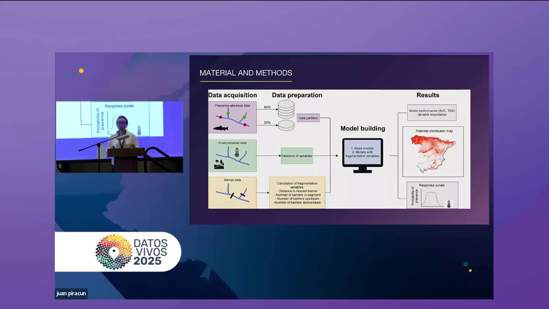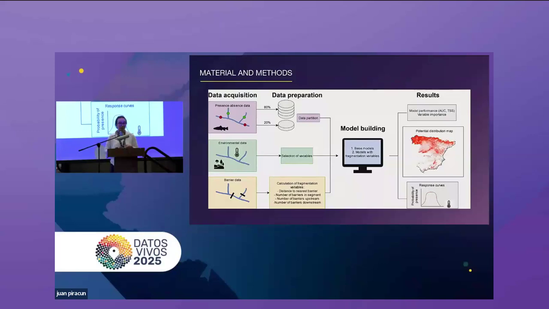So with that information, we built two kinds of models: base models, which only included environmental predictors, and a set of models which incorporated the fragmentation variables that we had calculated. And then we compared those two types of models through their performance, for which we used two evaluation metrics, the Truskill statistic and the AUC, the area under the ROC curve, which